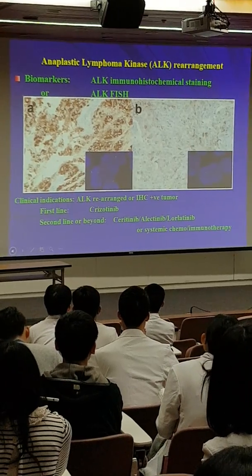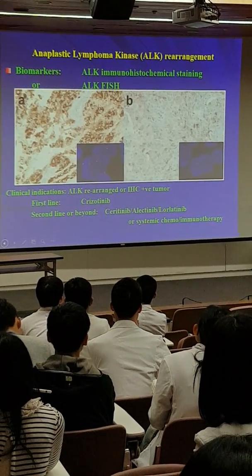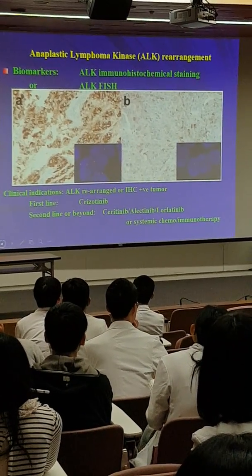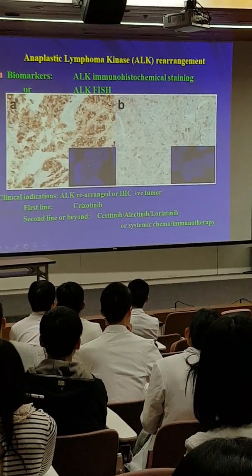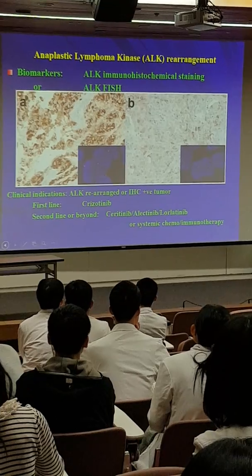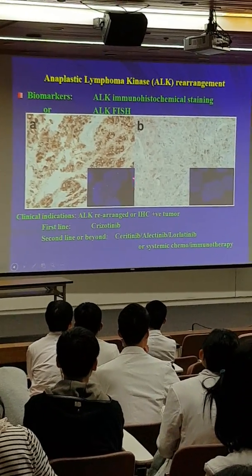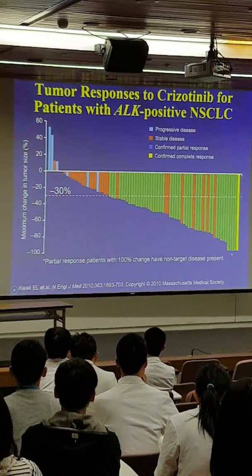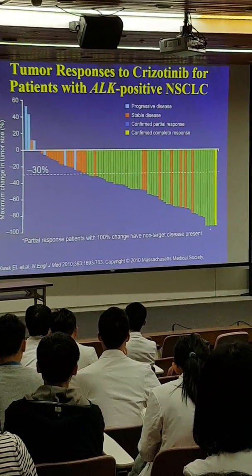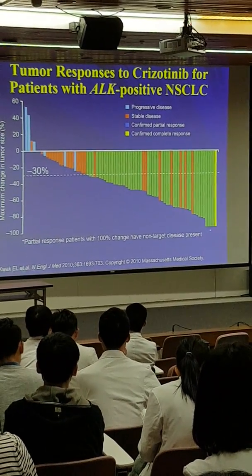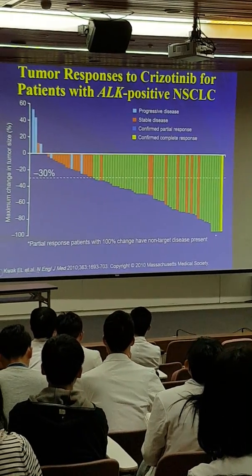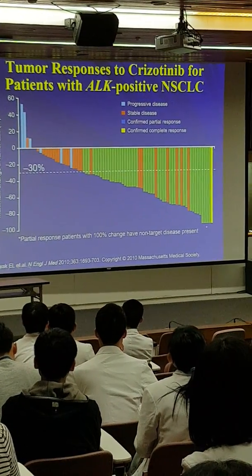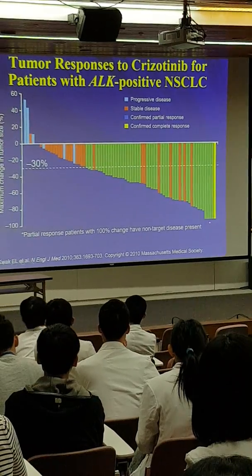So we now have this ALK immunohistochemical staining as an initial screening tool, and a lot of the times it is specific enough for the diagnosis of ALK translocation in terms of its expression. And in case of doubt, we can always confirm with the FISH technique. So if we hit the target in patients with ALK positive or ALK translocated tumor, if we get the right drug, which is crizotinib,